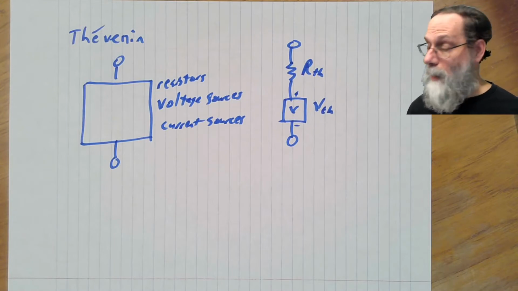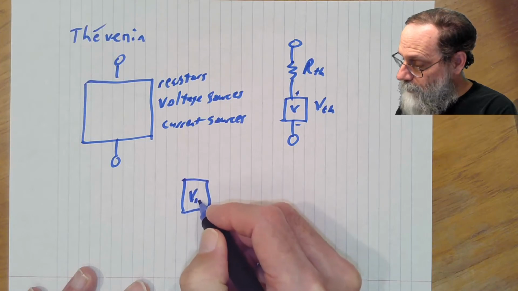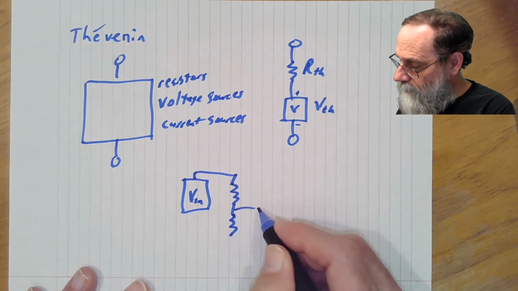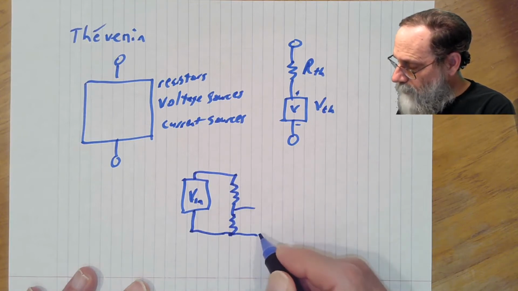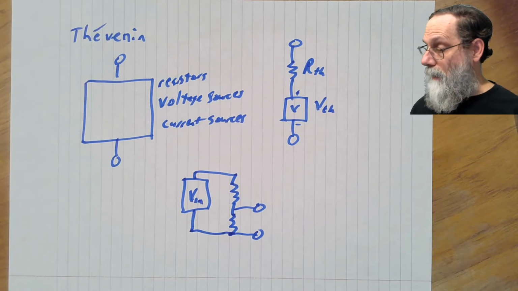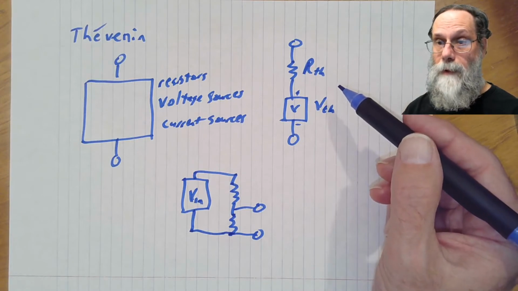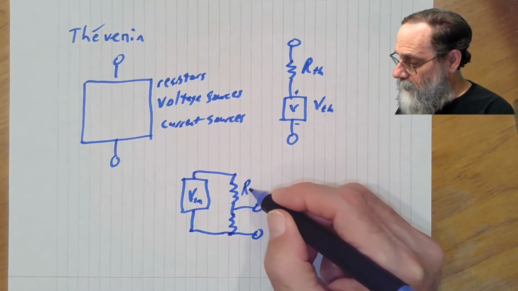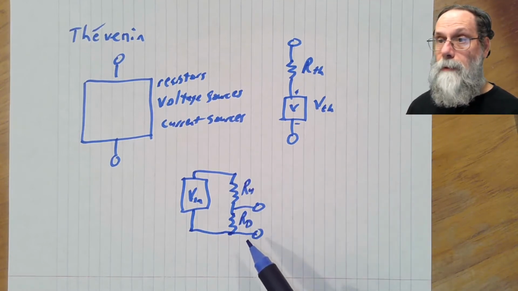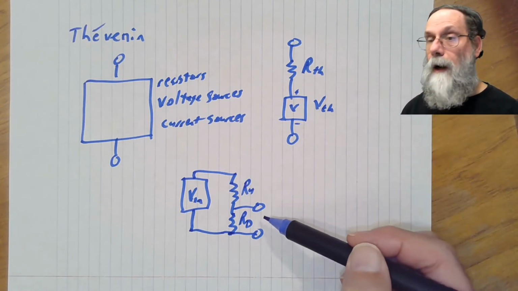In particular, from our standpoint, there is a circuit that we use a lot where we've got a voltage source, I'll call it Vn, and we have a voltage divider, and we have our two ports being the output of the voltage divider. That circuit is our standard voltage divider circuit. It has a Thevenin equivalent. So let's give some names to these two resistors. We were using Ru and Rd before, so let's stick with those. What we want to do today is to figure out what is the Thevenin equivalent of this voltage divider circuit.